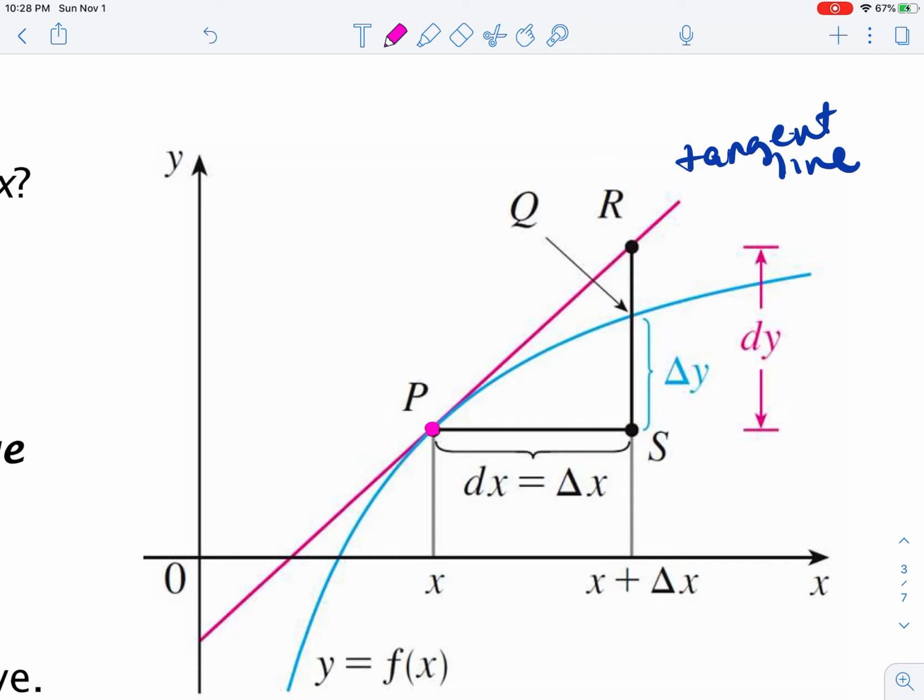So just taking a look at the picture here, if I were to start at x and I were to go to x plus delta x, this distance here would be delta x, right? And if I went up a distance along my tangent line, knowing that my tangent line's slope is going to equal dy dx, then I know my dx here on my tangent line is going to be this distance as well, but this distance here is going to be dy,